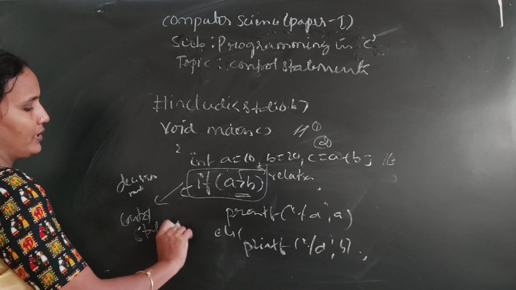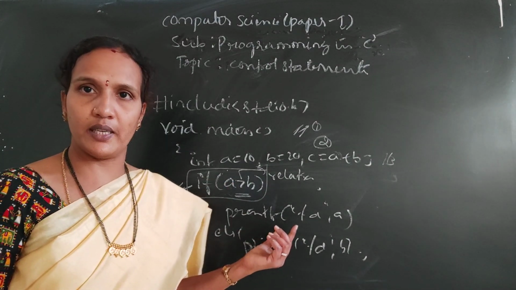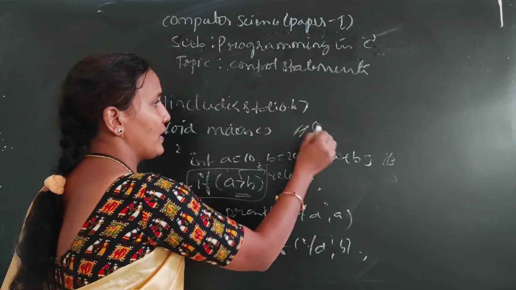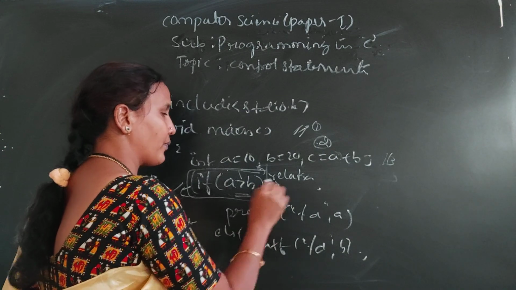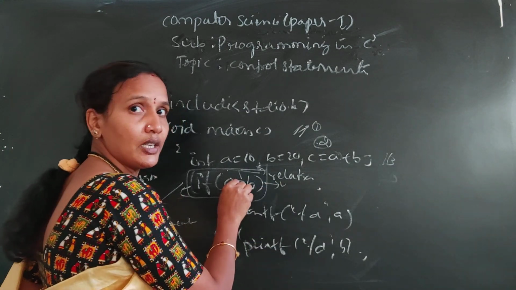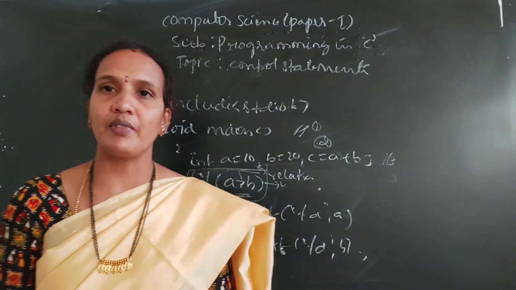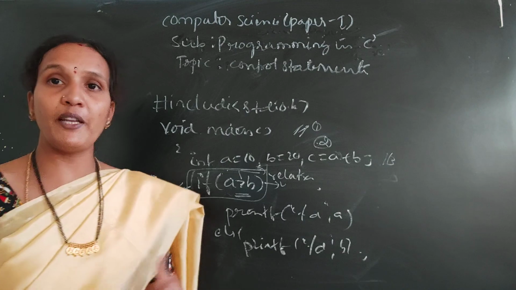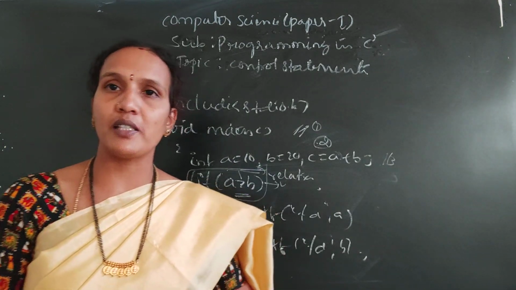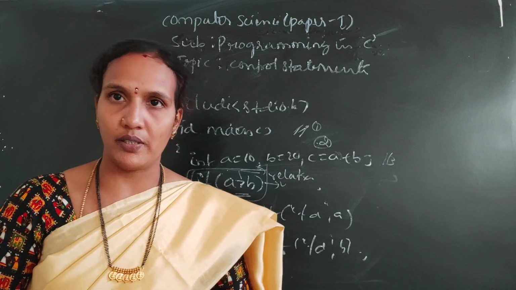Control statement. So here the program execution sequence will change. First, second, third as it is. Fourth one is this. Based on this condition, either this or this. Okay, means if the condition is true, this will be printed. If the condition is false, this will be printed. Means based on the given conditions, the statement will be executed. Okay, so these are called control statements.